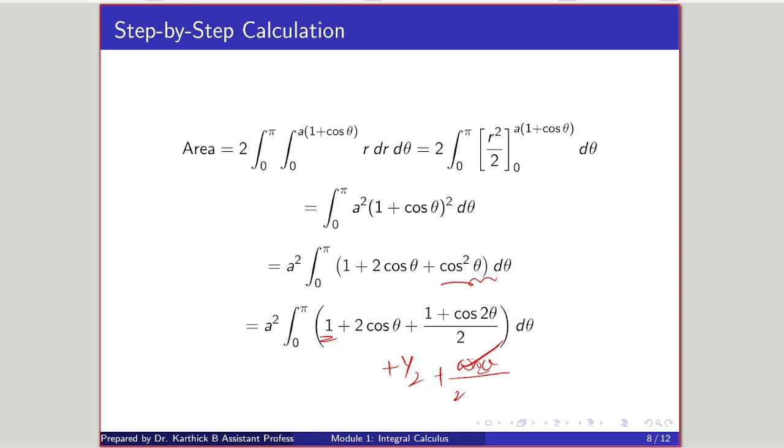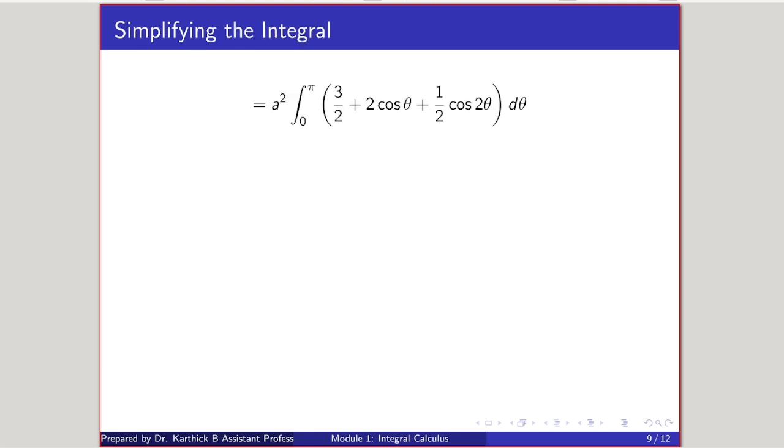So simply, we will get the value as 1 by 2 cos 2 theta and 2 cos theta. So here we have to evaluate this with respect to theta. It can be done that